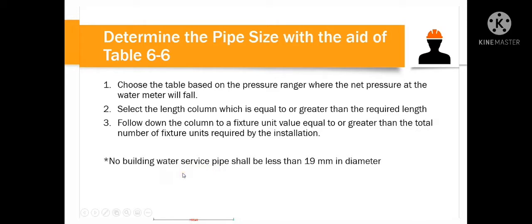in between the water meter and the water main. So, if you remember my previous video, service pipe is the pipe that is connected to our water meter and to the water main. Now, for service pipe, the diameter should not be less than 19 millimeter. Okay? Now, most